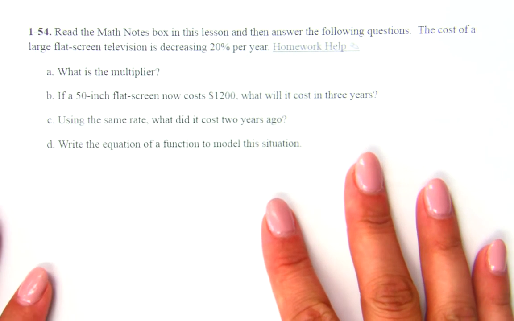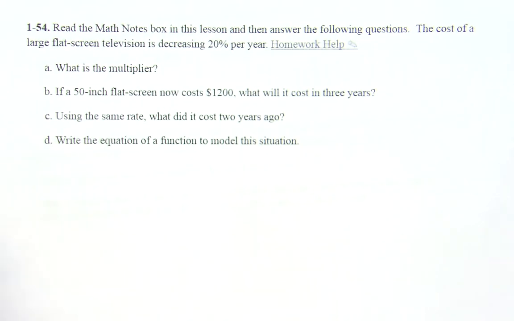Okay, so it says, read the math notes box in this lesson and then answer the following question. Cost of a large flat screen television is decreasing by 20% per year. What is the multiplier? If a 50-inch flat screen now costs $1,200, what will it cost in 3 years? Using the same rate, what did it cost 2 years ago? Write an equation to model the function. So I'm going to do this as a table first, but we've got to talk about the multiplier. So if it's decreasing by 20%,